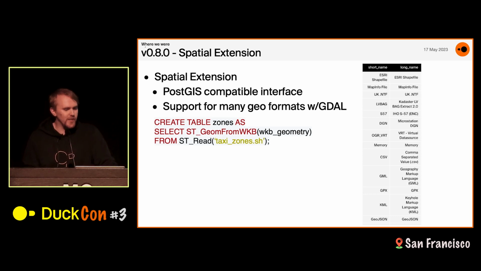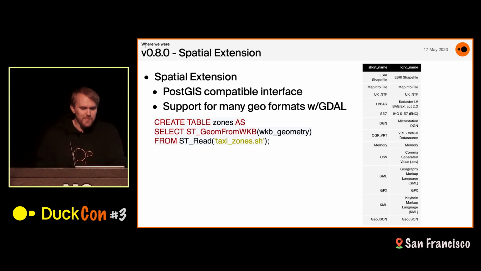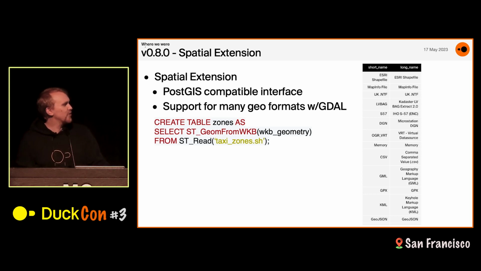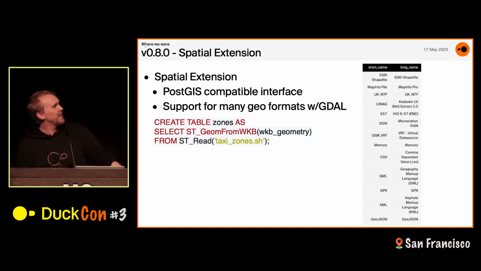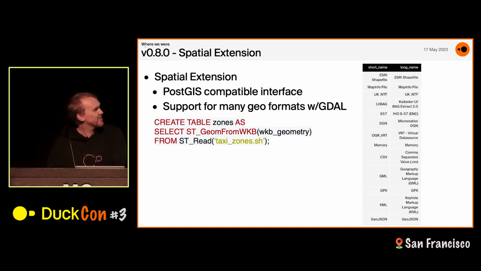and also allows you to interface with all of the geometry formats, using the GDAL library. Something kind of funny that we discovered later is that this GDAL library also allows you to read Excel files. So through the spatial extension, you can now read Excel files. That was not intentional, but it just kind of happened. We figured it out and thought, okay, that's actually useful. So if you want to read Excel files, you can also look at the spatial extension.